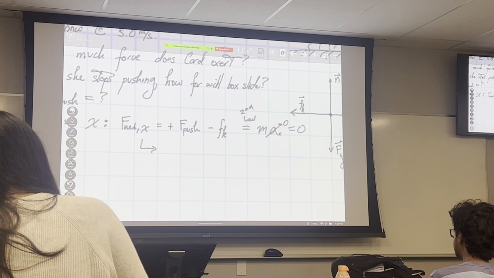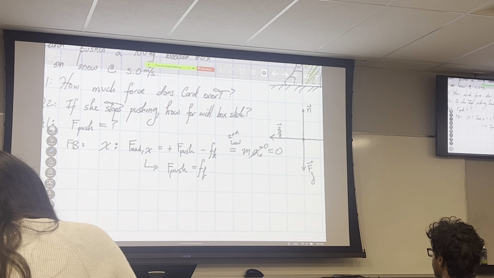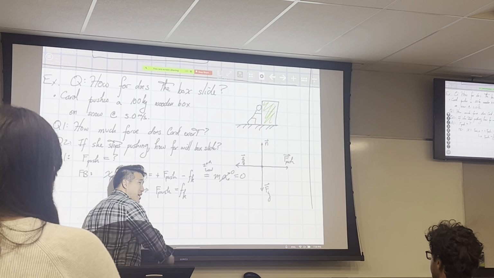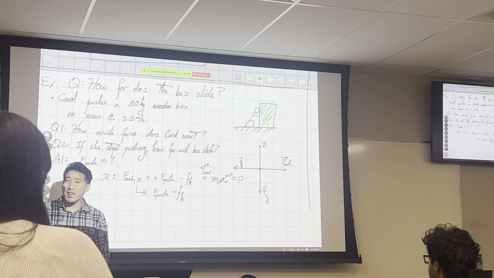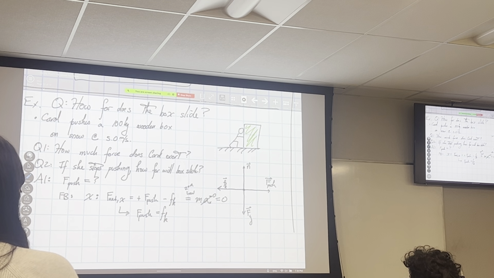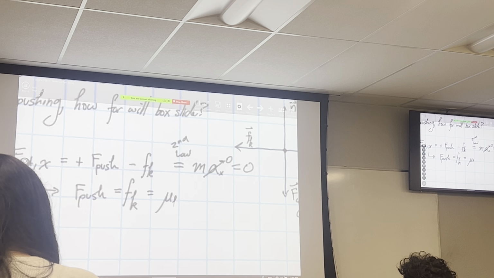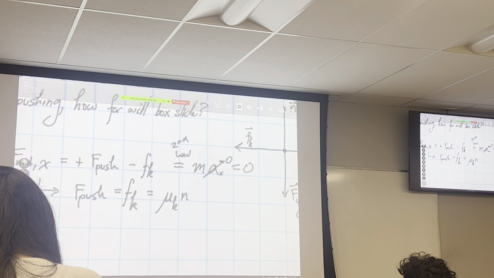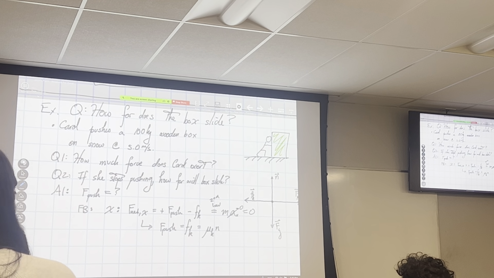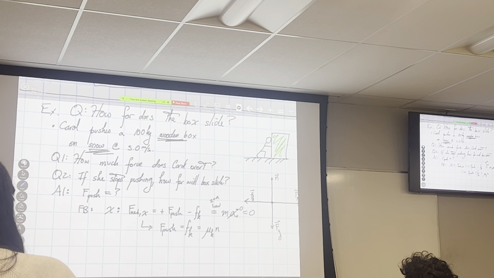So from our x component force balance, we get F push is equal to the kinetic frictional force Fk. Essentially, all Carol is doing is overcoming the kinetic frictional force that the ground is applying. That's all she has to do to maintain the speed. We just discussed the algebraic form for the kinetic friction is mu k times F. Now, when you have things like this specified, wooden box and snow,